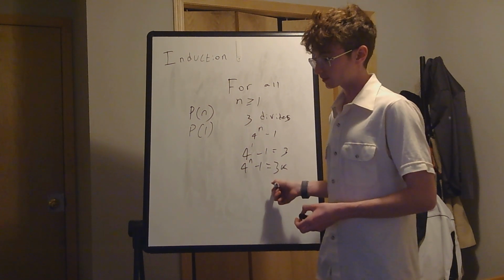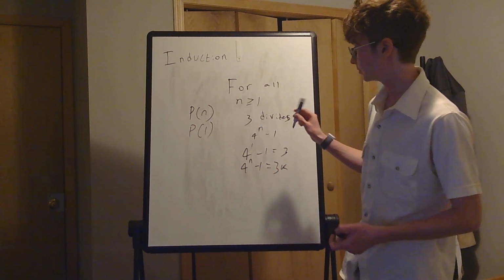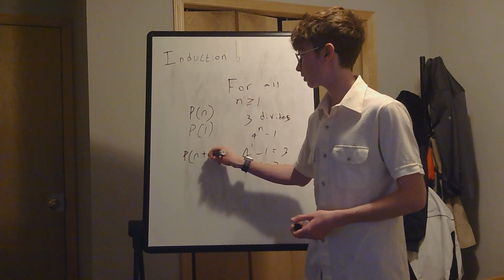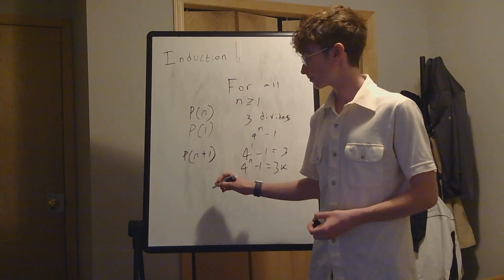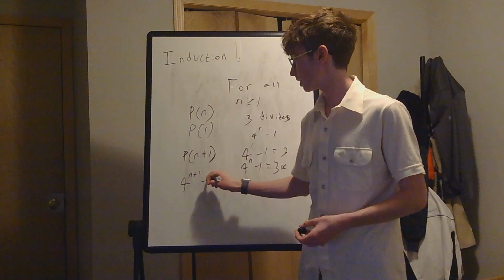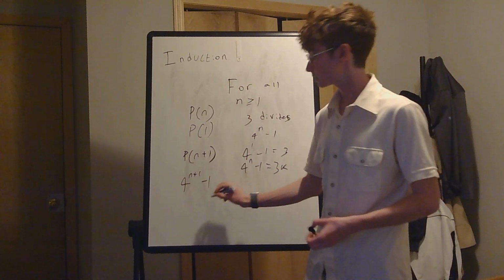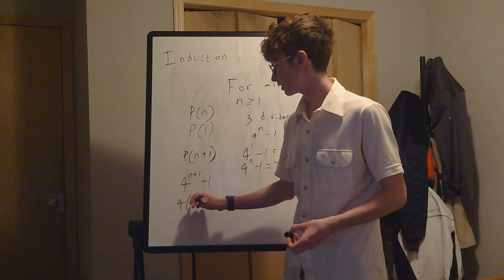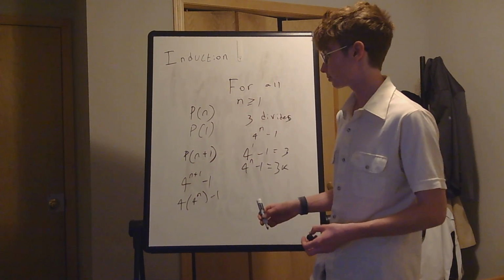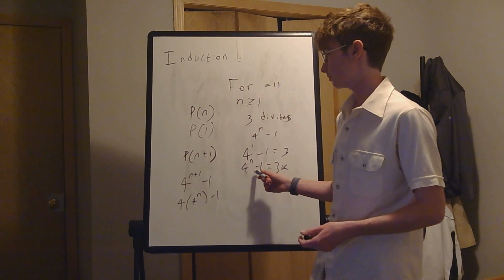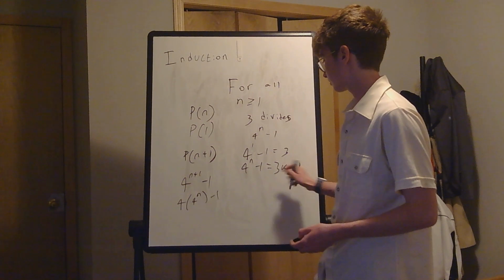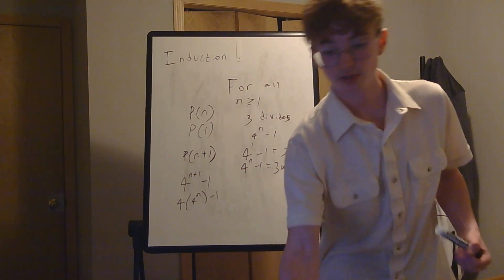We can use this because we want to find P(n+1). P(n+1) will be equal to 4^(n+1) - 1, and we can rewrite this as 4 times 4^n - 1. And since we know that 4^n is equal to 3k + 1, since we can do some rearranging on this equation,